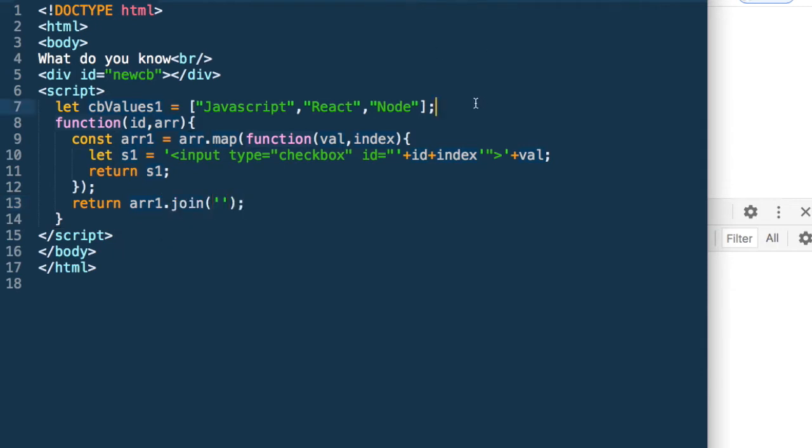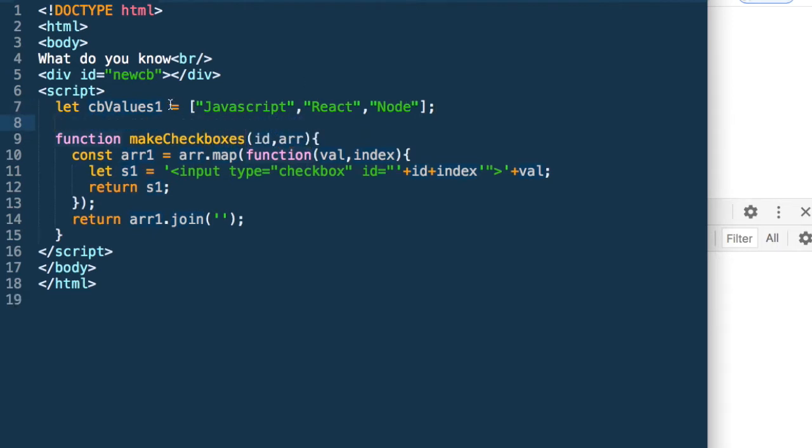Now let's test this function. I forgot to give a function name, makeCheckboxes. So we have this ID div ID newCB. Let's put this there. So I can just say document.getElementById newCB.innerHTML is equal to makeCheckboxes.